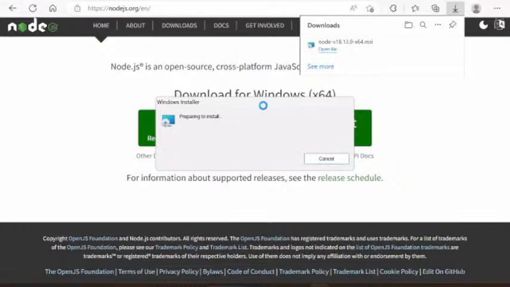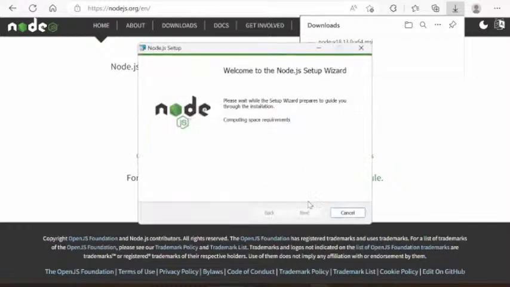I hope you all have this 18.13. Because on my PC I have 18.12. Let me update this. Just install the new version, the existing version will be replaced.